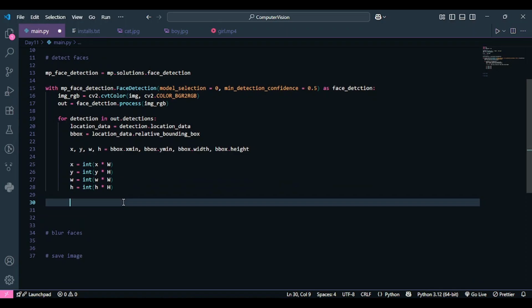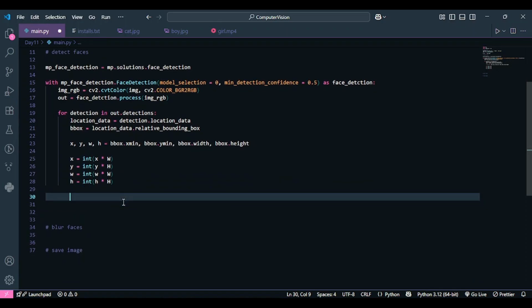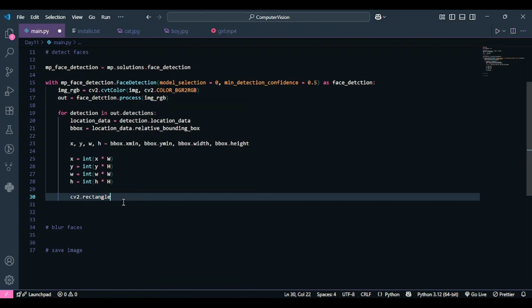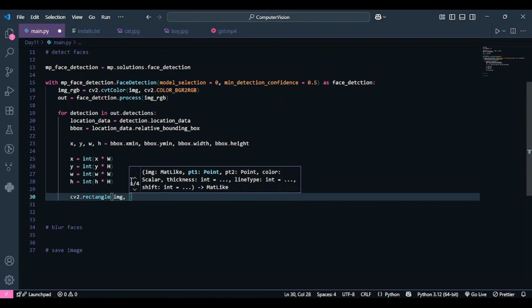Now let's visualize it and see. Let's try drawing the rectangle using these coordinates to see whether it's working correctly or not. So to do that, I'm going to use my OpenCV function. It is called rectangle, and first I'll pass the image on which I want to visualize my bounding box, so that is called image. Then I'll pass two